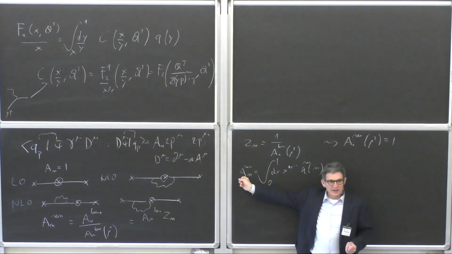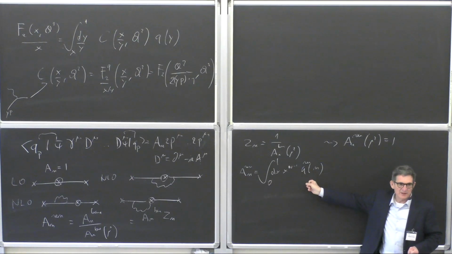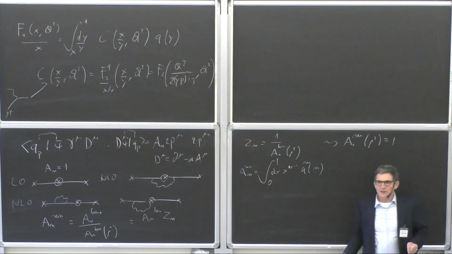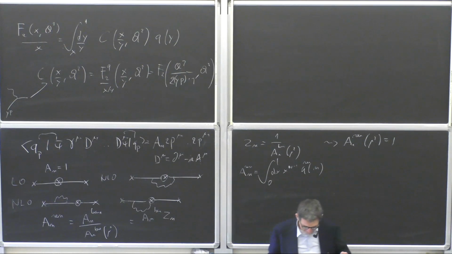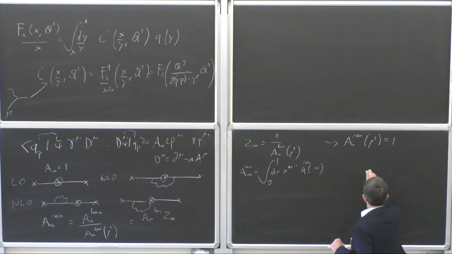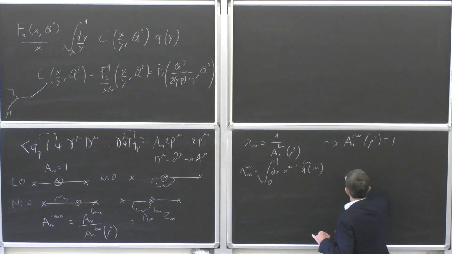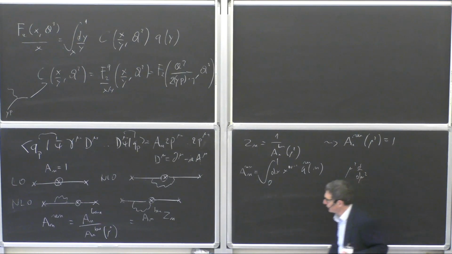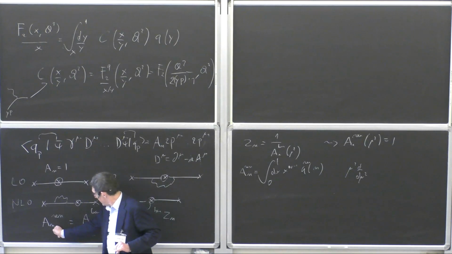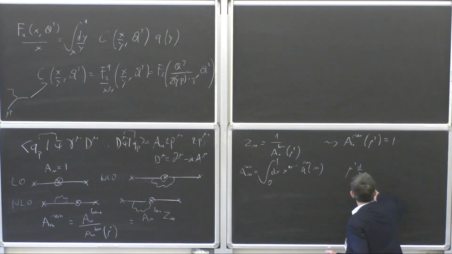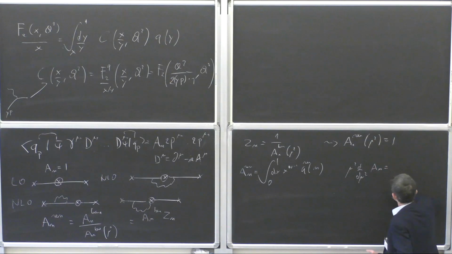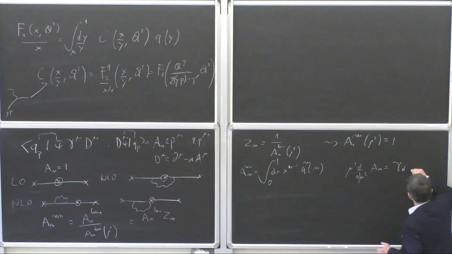They acquire scale dependence, which means that the PDF has acquired a scale dependence. So let's try and understand how this works, okay? So first observation: if I take a derivative of the renormalized A_n with respect to mu squared, I get something which is actually proportional to A_n itself,